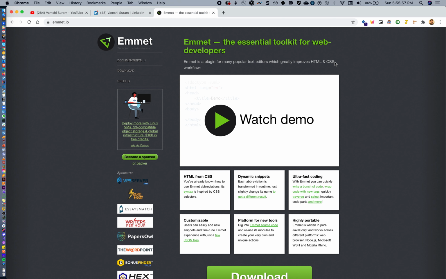What this does is it gives you some kind of power user abilities to drastically improve your speed to code HTML and CSS. And in this video, I want to share some very useful shortcuts which will help you fasten your coding process. Let's jump in.